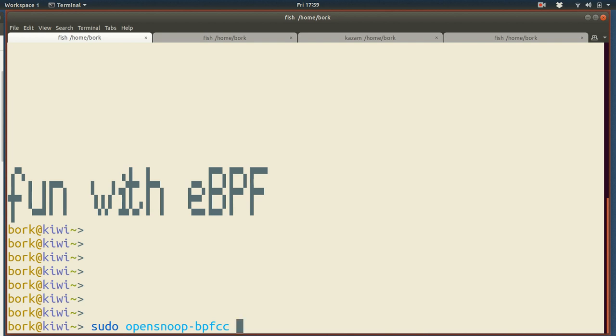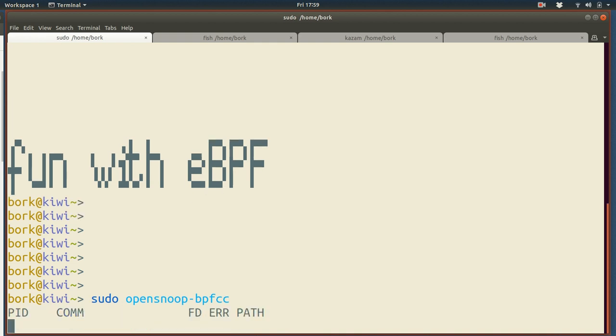OpenSnoop, which is this tool that figures out which files are being opened right now, it's supposed to print out the PID and the command and the file descriptor and the path of each file that's being opened. And this is kind of interesting because I originally thought that this was going to work, and